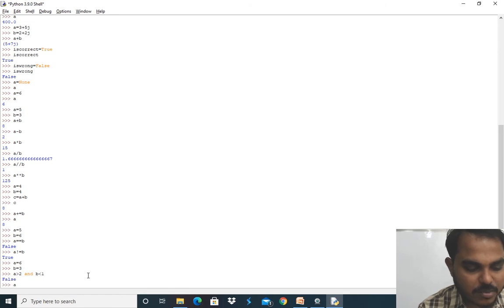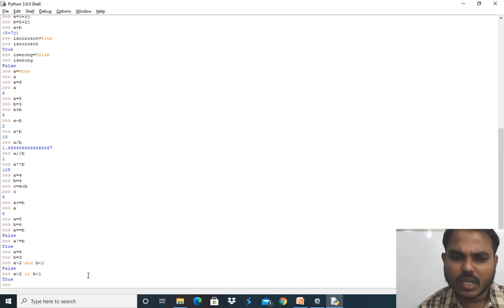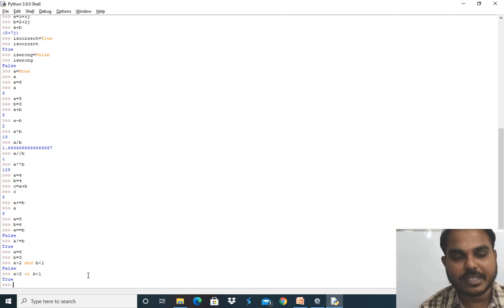The same statement I'll use, a is greater than 2 or b is less than 1. See, in this condition again the first statement is true, that is a is greater than 2, but the second one, b is less than 1, is false, but still it returns true because I have used the OR operator here. So if any one of the conditions is true, it is going to be true, but in the AND case, if one of the conditions is false, then it is going to be false again.